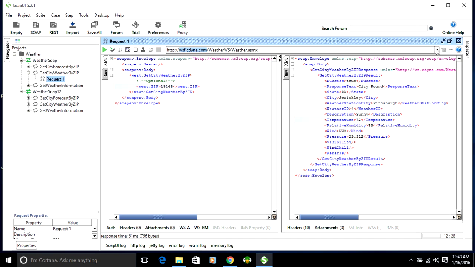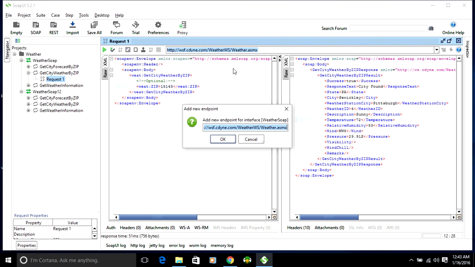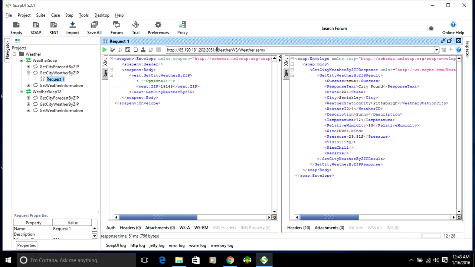I am going to click the drop down box, click add a new endpoint. I am going to replace the actual host name with the DataPower inbound host public IP address, not the local IP address, because I'm hitting through the internet. The port we assigned is 2051 for this firewall. So make sure the remaining things remain the same. I will tell you how we can change it in future. But as of now, leave it as it is, the URI which matches the actual endpoint. So if you click now,